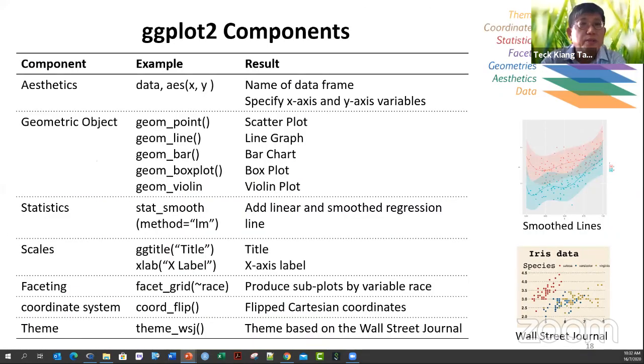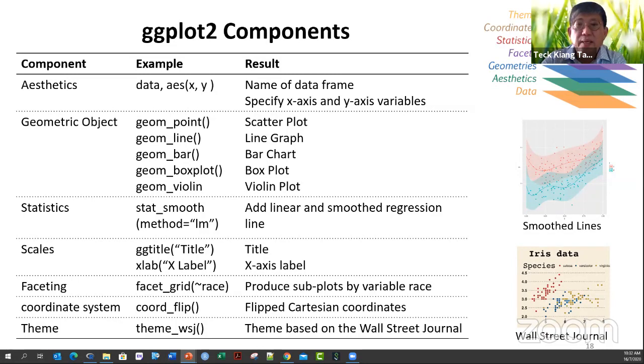Yeah. So we go back to the three basic components that we need to produce a plot. But there are other types of components in ggplot that are able to change the appearance of the output as well. So aesthetic must be there. The geometric object must be there. And we can also use a statistics component to add in, let's say, linear and smooth regression like